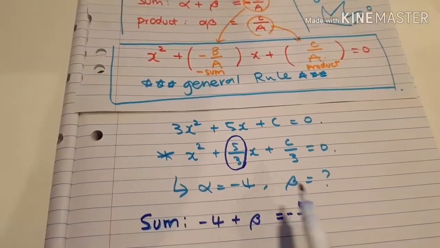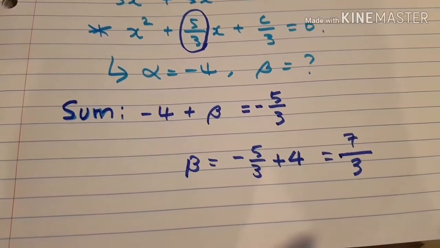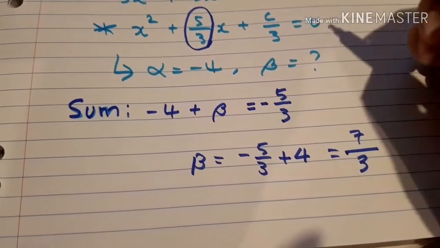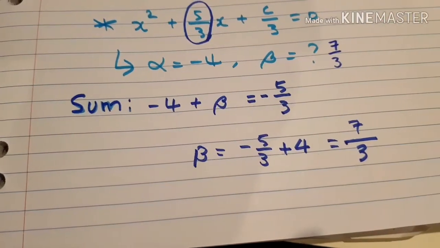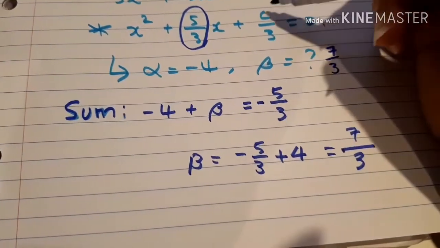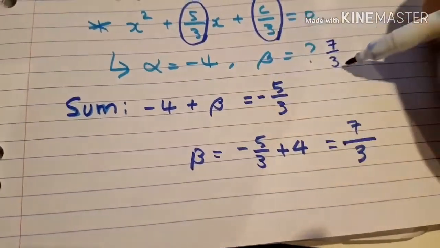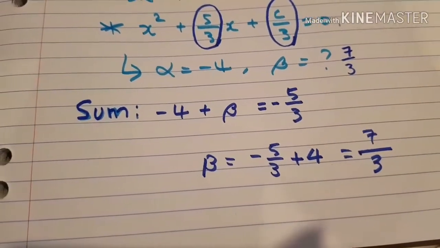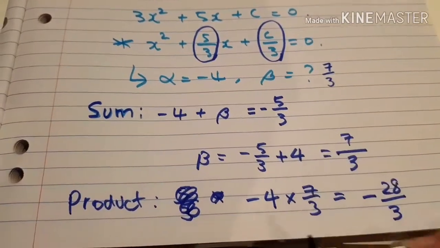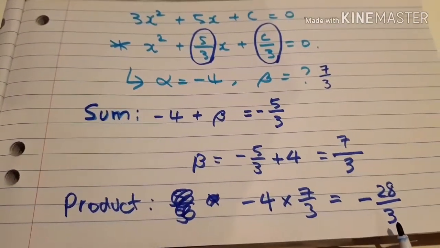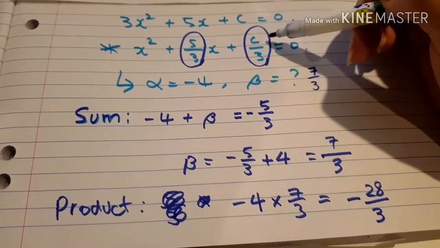Then it's all numbers. I can find what the beta is. It's going to be 7 over 3. So in here, my beta will now be 7 over 3. Then I can find this value, because this value represents the product of the roots, right? If I multiply the roots, I get negative 28 over 3, whereas over here, it's c